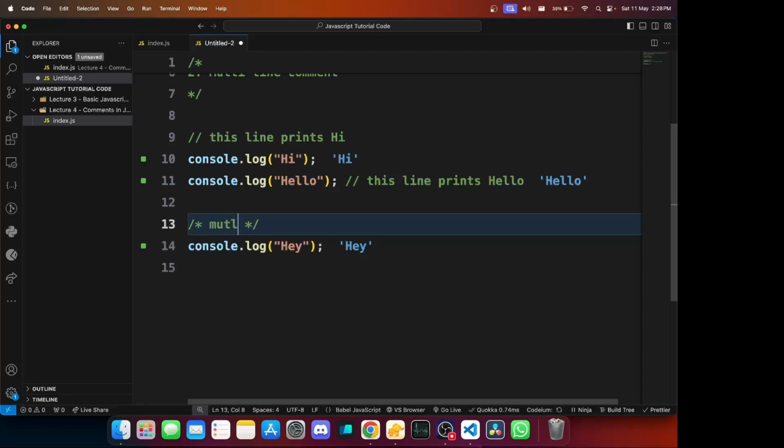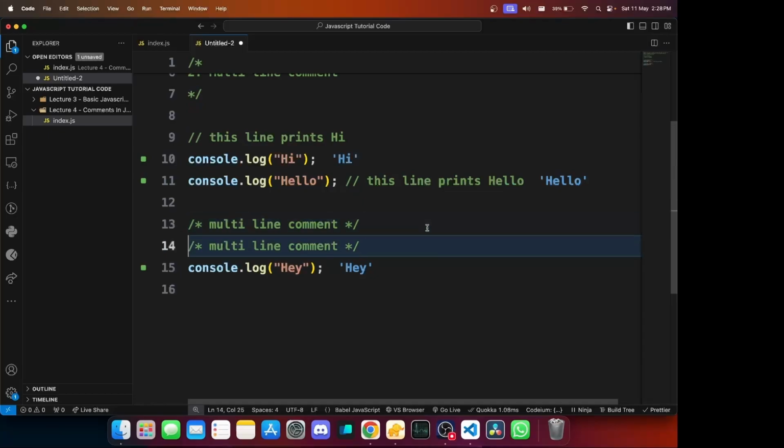So, for example, if I do this, you can see this is a multi-line comment. Now, obviously, this is not spanning multiple lines, but still, the way in which you have written it is multi-line because you have used these things instead of these things. Now, you can spread it across multiple lines.